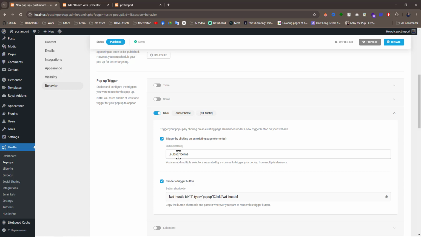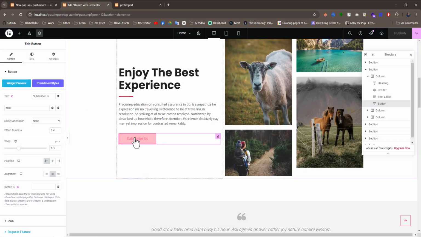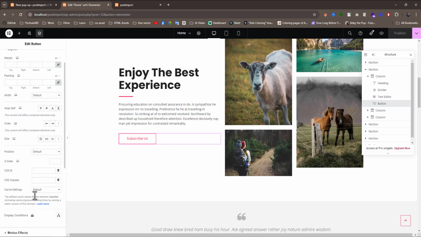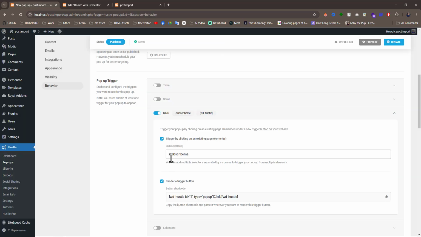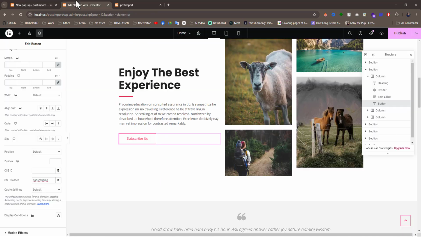This class I want to apply to this button. So click on this and here is the advanced button and here is the CSS class. So simply I paste it here, and you should remember the dot should be removed. Now I publish this one